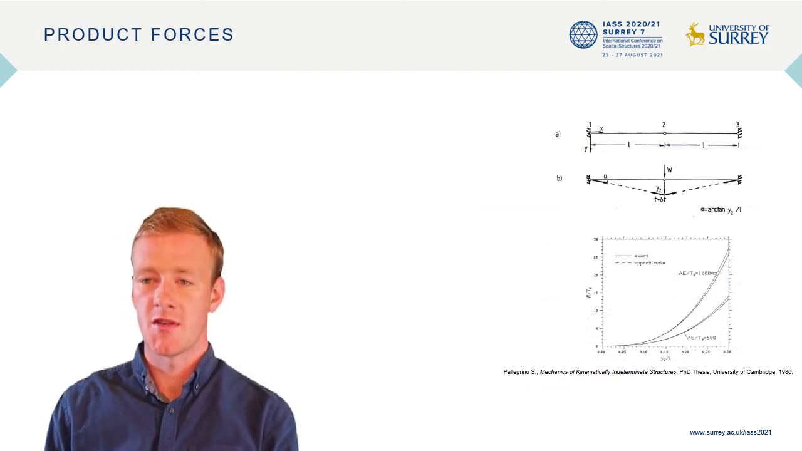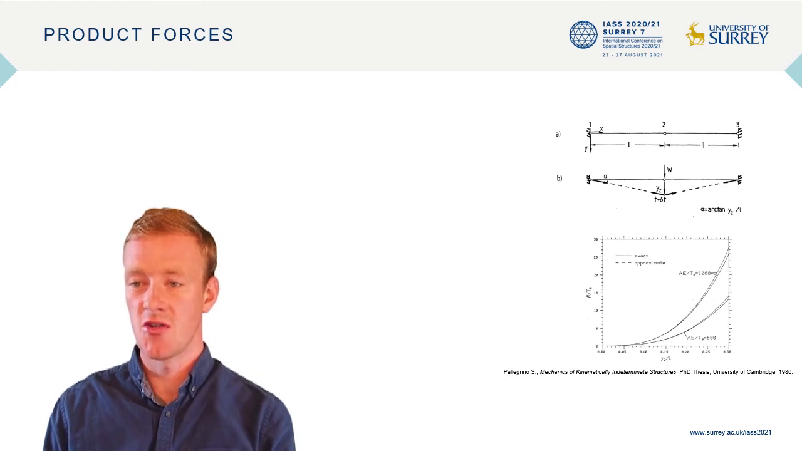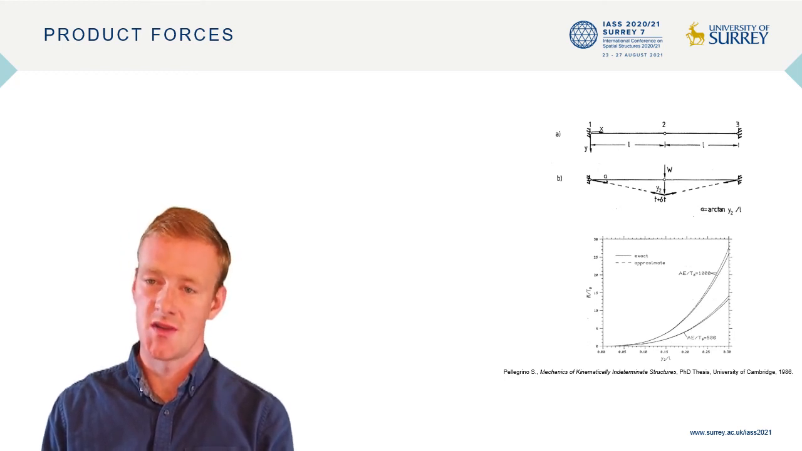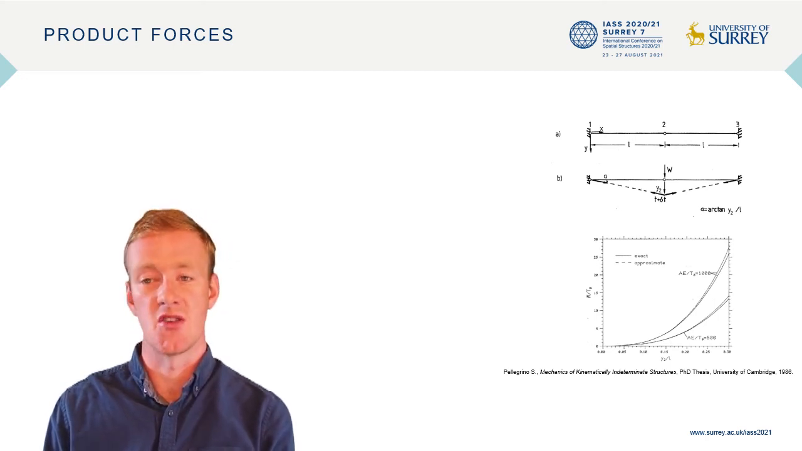Our paper also discusses an extension to the work of Sergio Pellegrino, who introduced product forces. Our work takes a graphical approach to this. A correction factor was introduced to consider the large displacement behaviour of pre-stress-stable mechanisms. This has shown good agreement with experimental results. Our paper introduces a graphical method for determining this correction factor, but we will not discuss this further in this